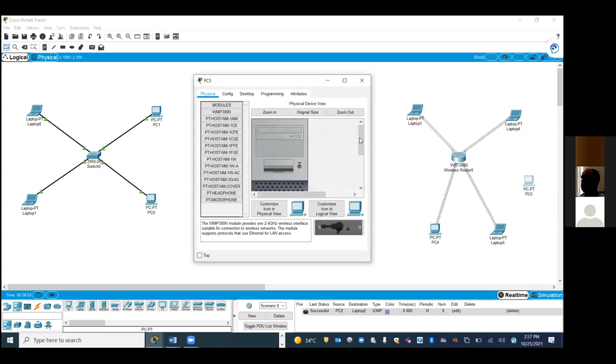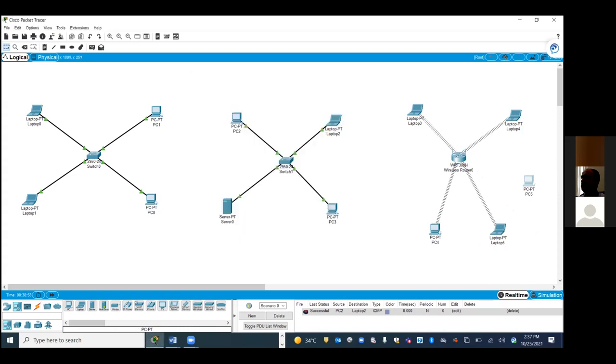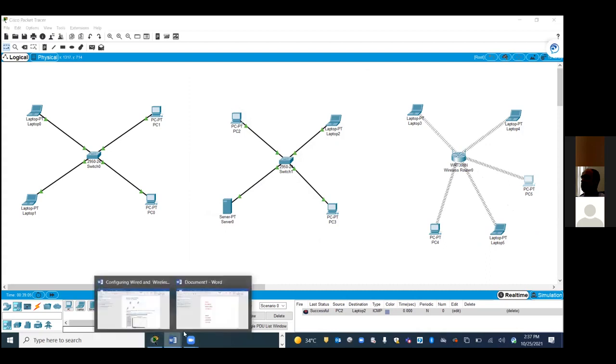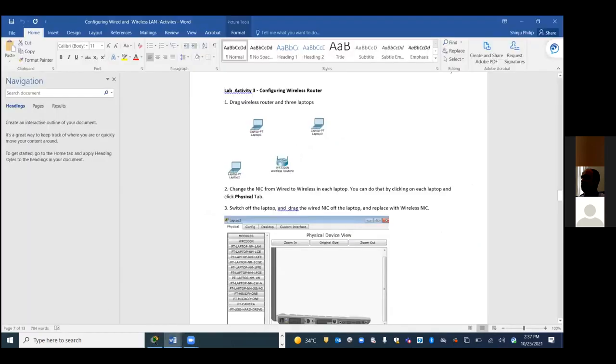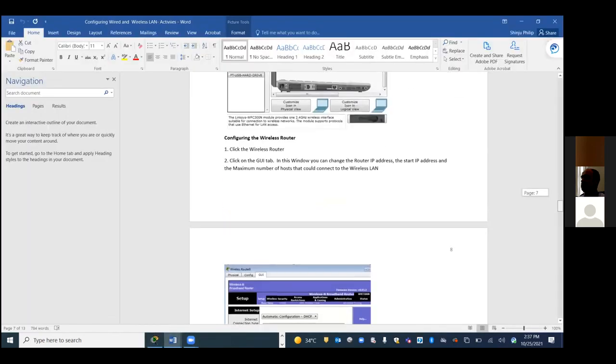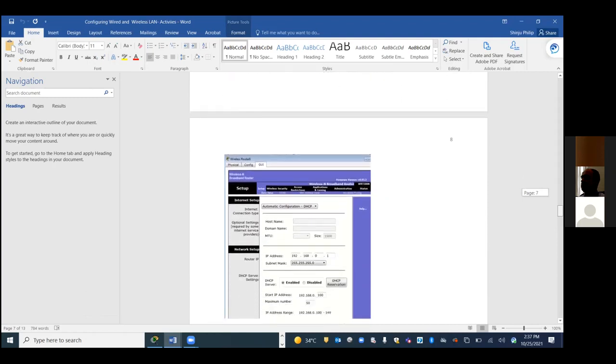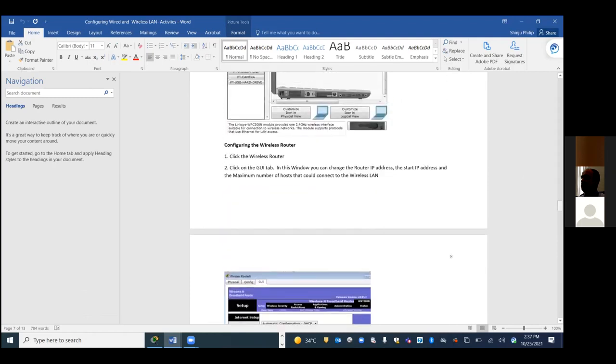Power off. Remove this interface. Add interface. Power on. Okay. So in this scenario, what do we have to do further? Now our idea is to configure the router. Configure the wireless router. Okay. How to configure the wireless router?